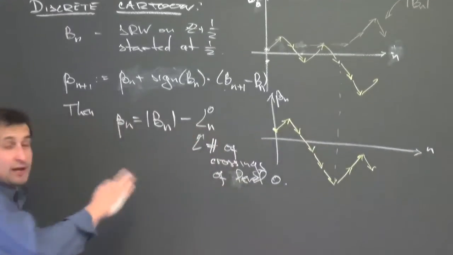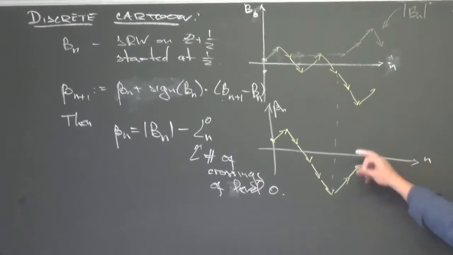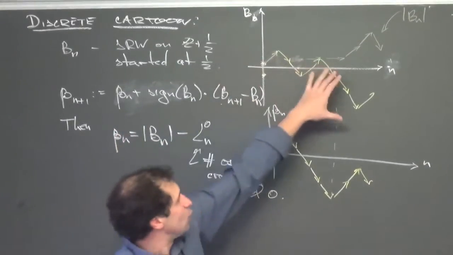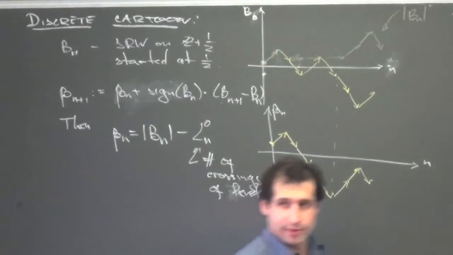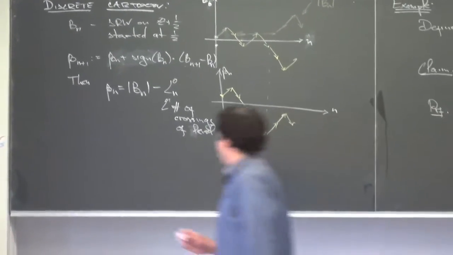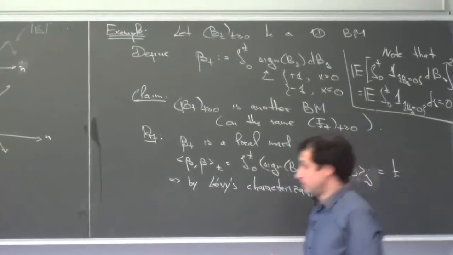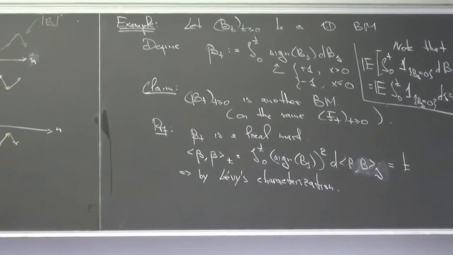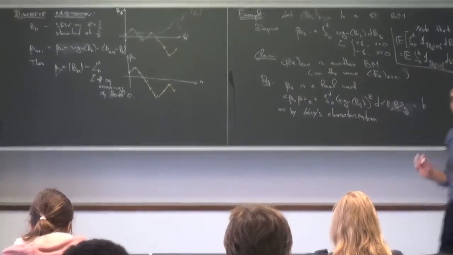So remember, this is exactly the picture we had in exercises. Maybe with the opposite sign. And the claim is that if I start with such a simple random walk and make this transform, then again what I have is a similar simple random walk. Okay? So this is a straightforward analogy of what's going on there. Great. And then let us discuss how one can define a similar process in continuum.